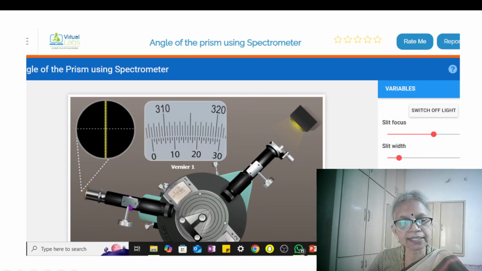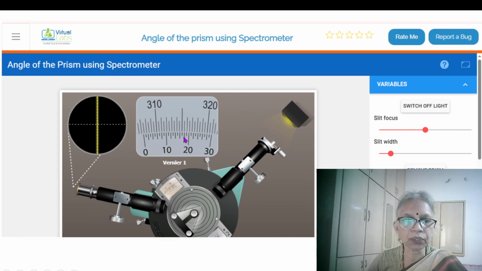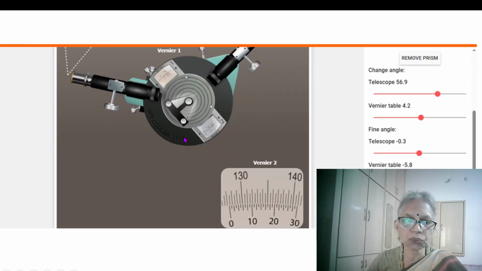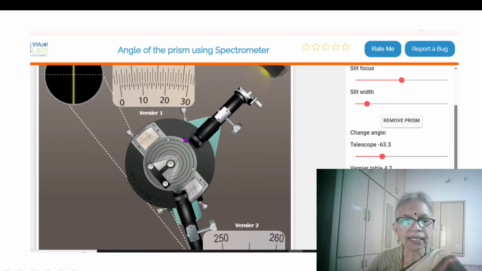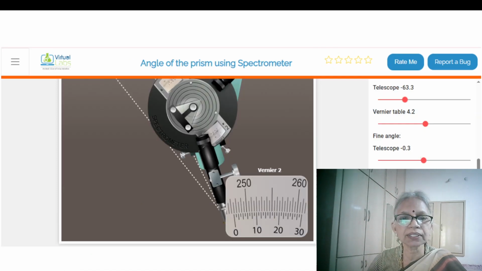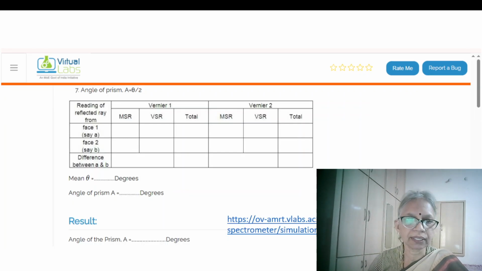So turn this, fix the prism table, turn the telescope towards this reflecting surface and try to get the image. Then note vernier 1 reading and similarly vernier 2 readings. Then take the telescope onto the other side.